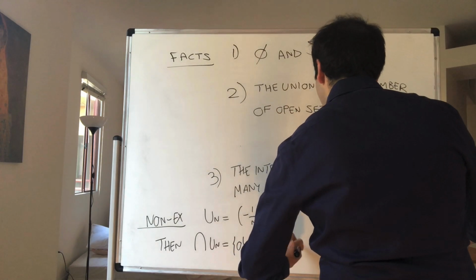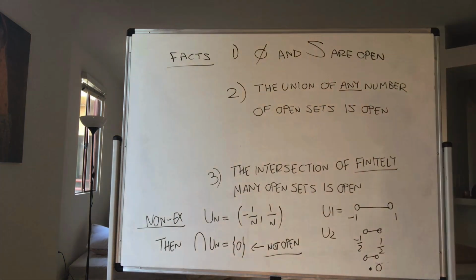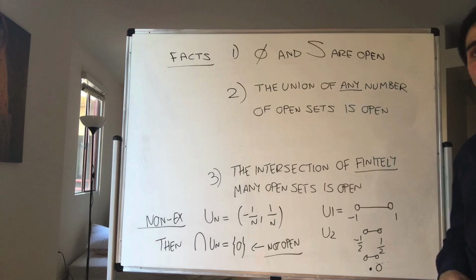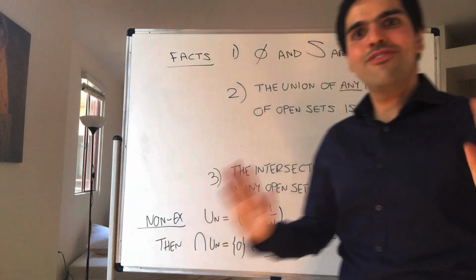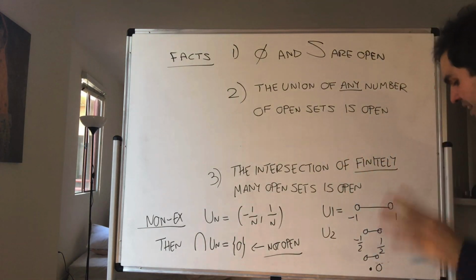There's no way to fit a ball in the 0 set. So that's why it's very important to take finitely many intersections. All right, now why do I find that so exciting? Because